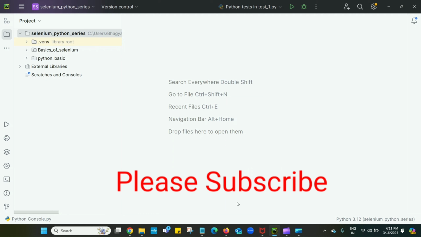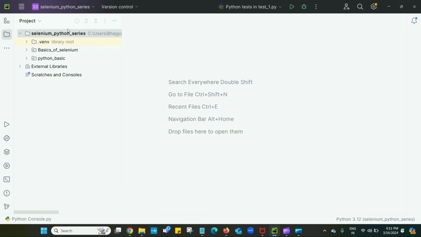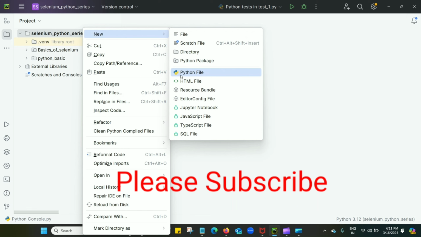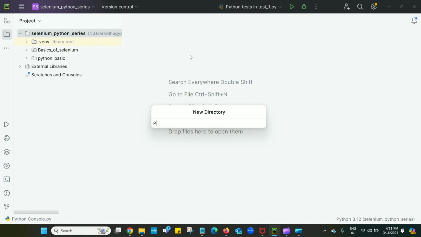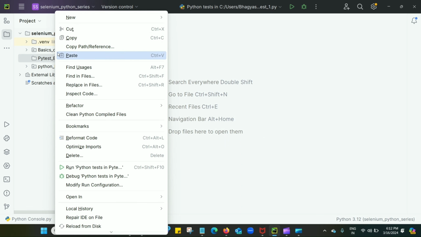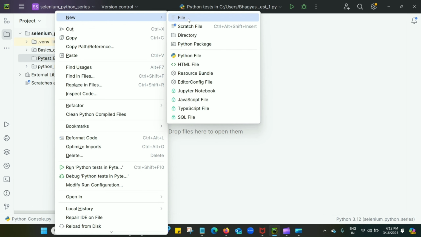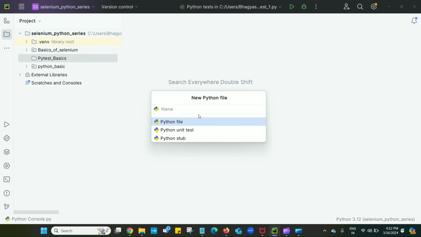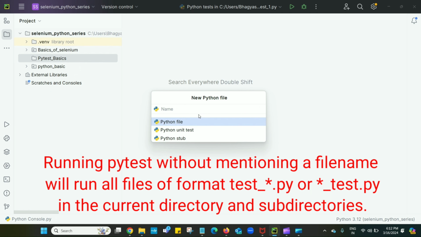Today we will write our first script or basic test. So I will create a new directory. This PyTest basics directory I have created, and I will create a new Python file. While creating a new file, you have to write the name so that it either starts with test underscore, or it ends with underscore test dot py.